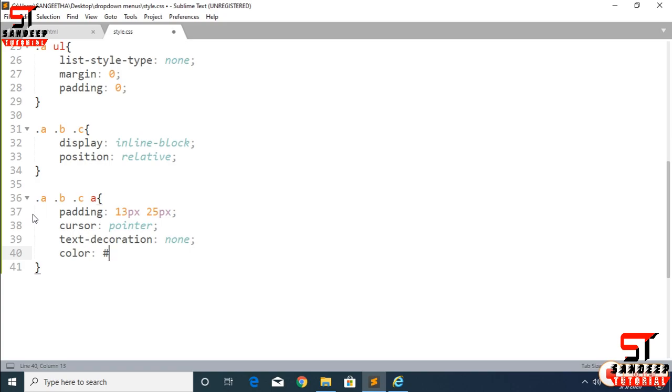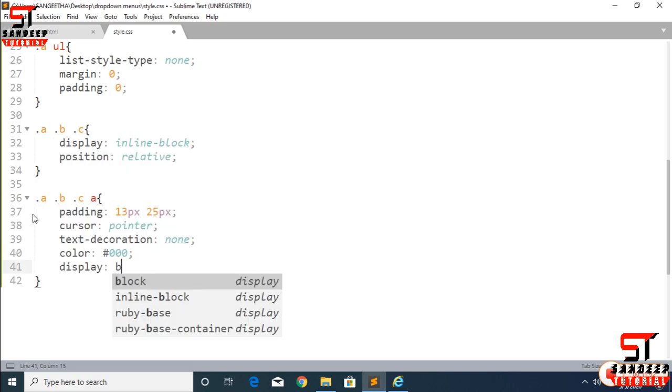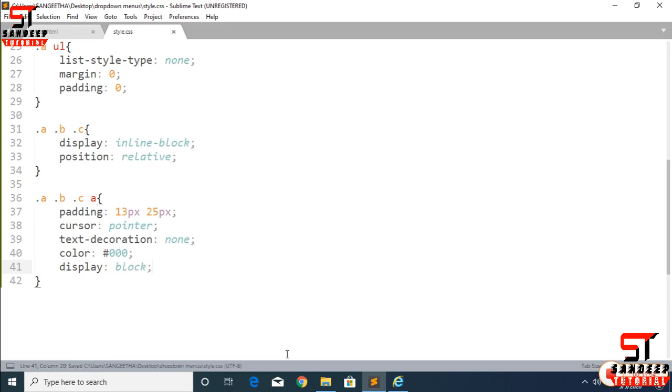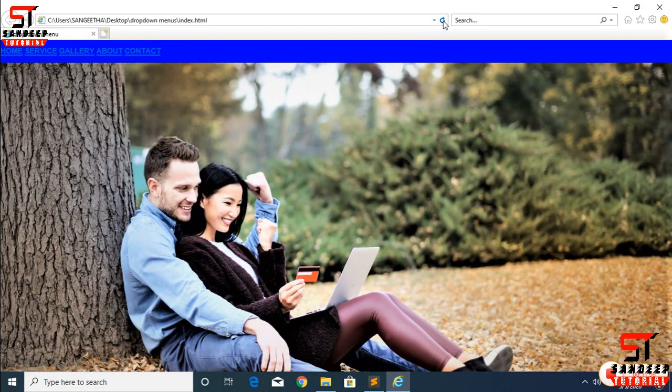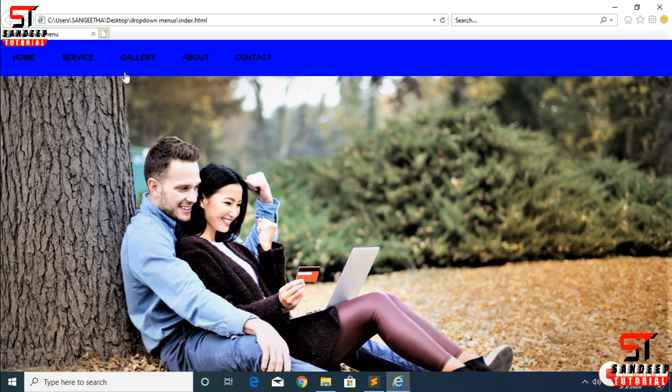Which one do I want to take now? Color is hash 000. Next I am taking display block. Control S and refresh here. It is clear. The cursor is also changing here.